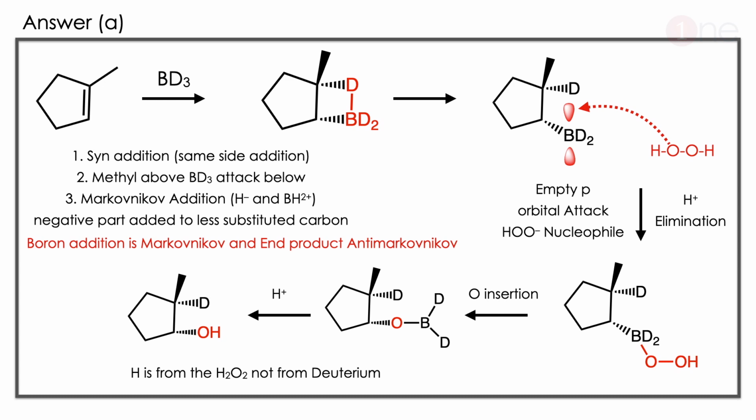Then how does the hydrogen peroxide interact there? Here you have to know the mechanism clearly. Boron has an empty p orbital, and hydrogen peroxide attacks the empty orbital. Hence the reaction happens there. Then a bond shift occurs, the O transfers to the ring. So the O transfer or O insertion occurs. Then if you do hydrolysis, OH forms. The question clearly asks whether it is deuterated or not. Definitely it is not deuterated because the hydrogen comes from hydrogen peroxide, not from deuterium.